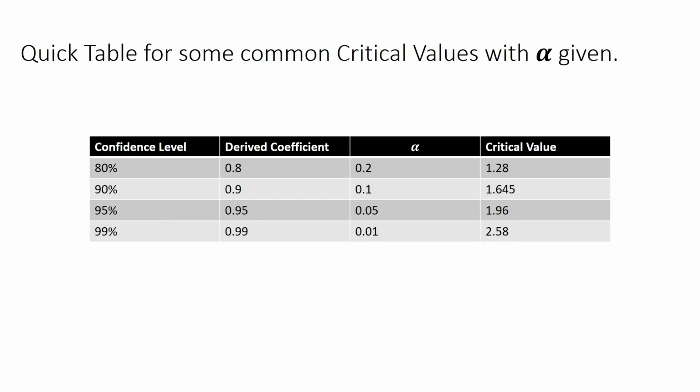Now, a quick table for some common critical values with the alpha given. Actually, in the next video I'll be showing you how you can use the table to your advantage to find the critical value. But in this one, this is pretty much associated with the case where the standard deviation is known. So the confidence interval using the z statistic, or z score, or z test score, whatever you may call it, is associated deeply with the standard procedure where the standard deviation is known. Your variance is also known, then your standard deviation is also known.